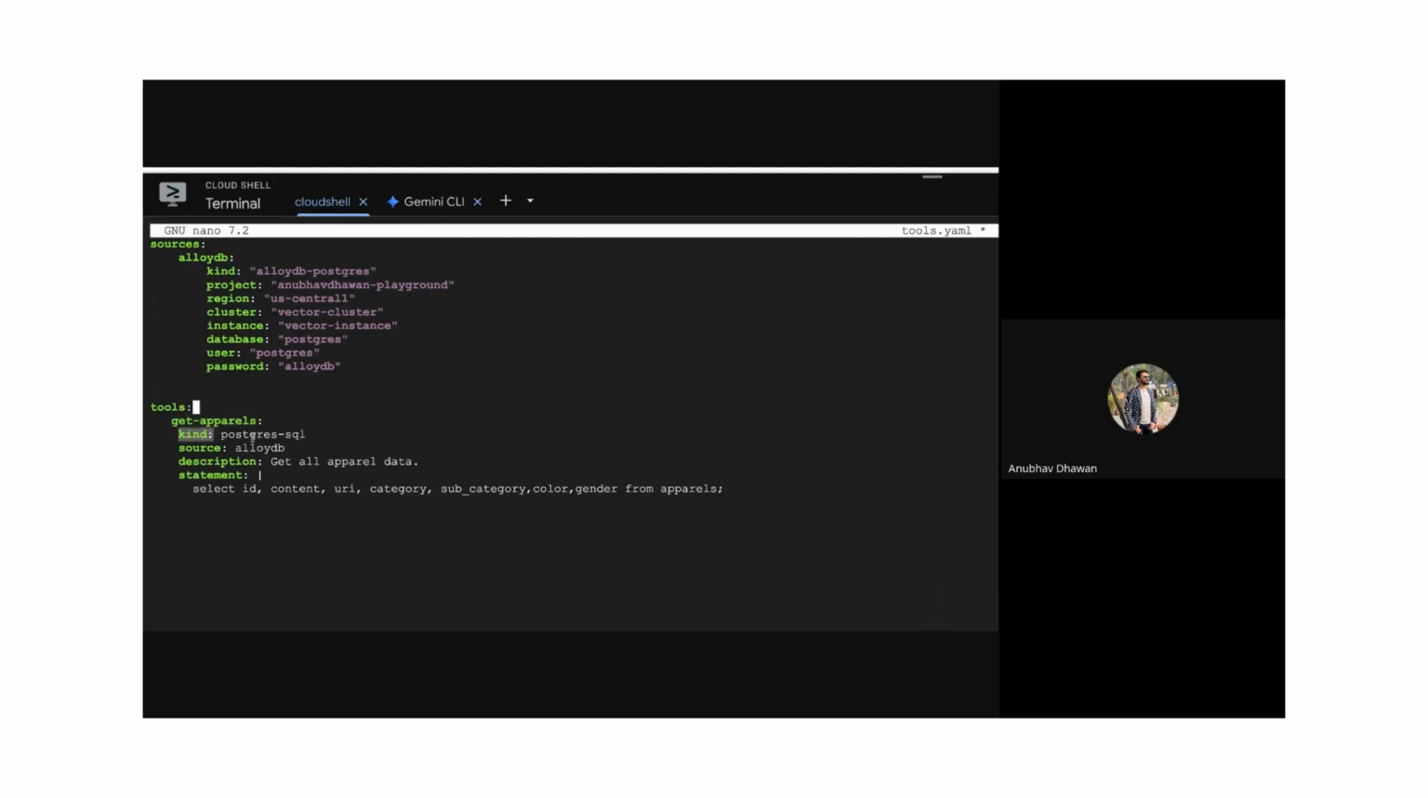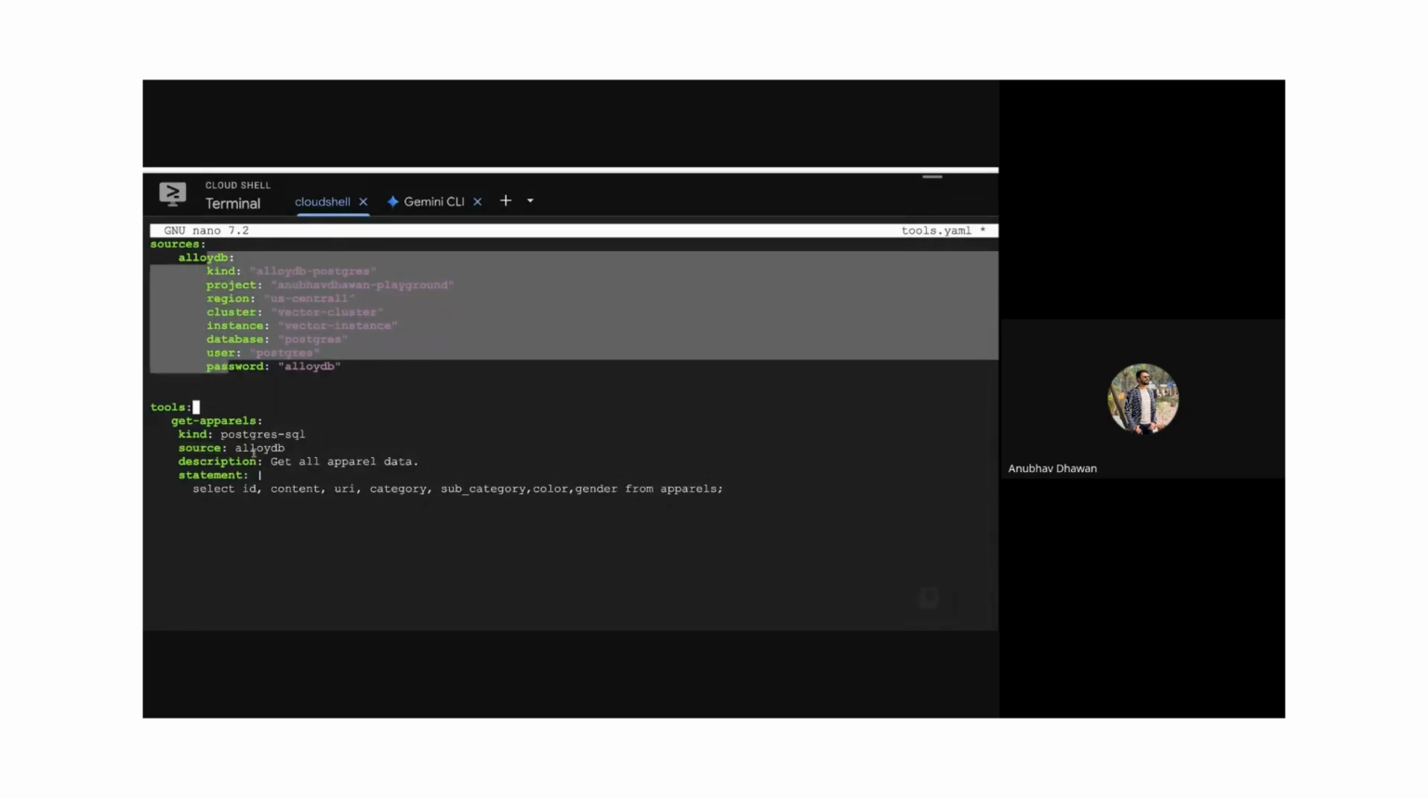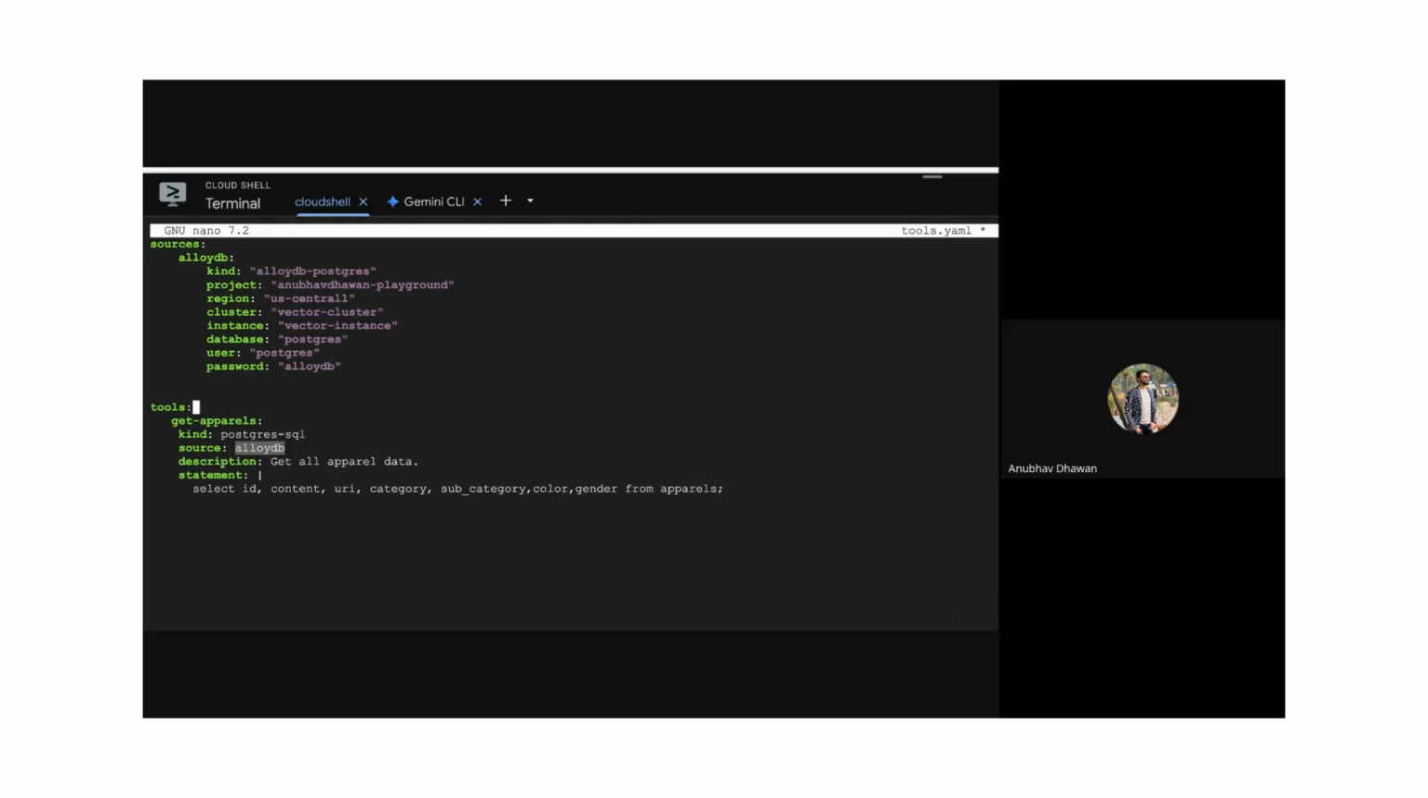And that agent is going to use a Postgres flavor SQL in the statement, which we'll come to later. The source would be one of the sources that we have defined above. It's going to be AlloyDB. And description, so this is a really interesting one. This description is what defines your tool. So you're going to explain in natural language, however complicated you want it to be,